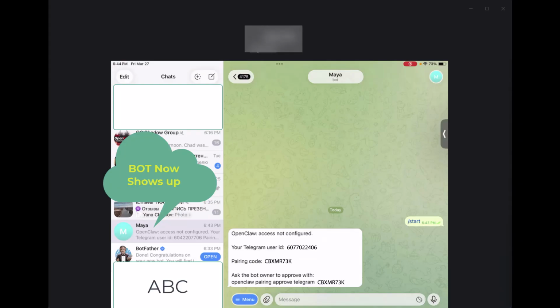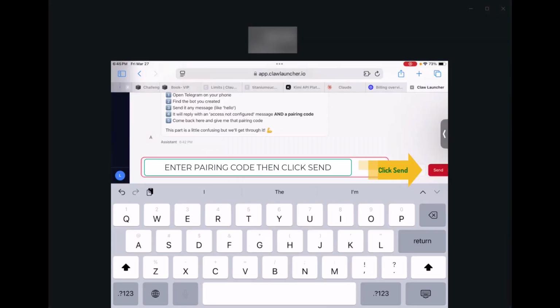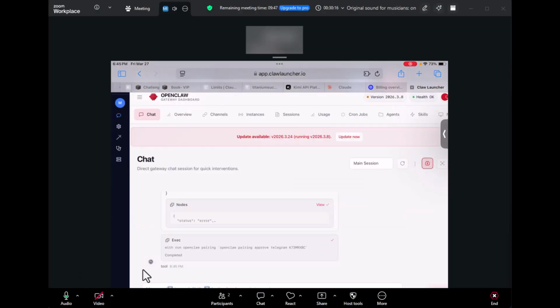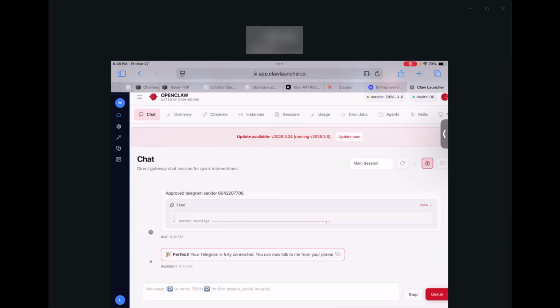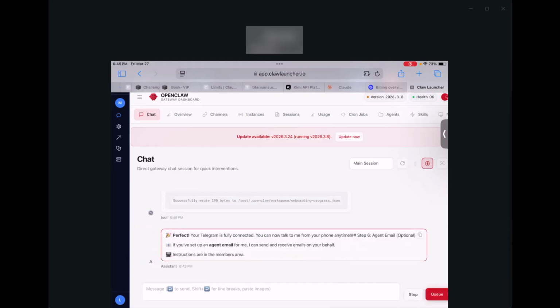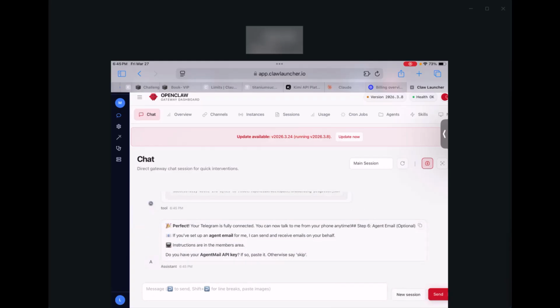Now that you got the pairing code, you copy that pairing code, and you then come back into Claw Launcher and enter that pairing code. And from here, you should be presented with a successful message, which should be coming up any second now. It says, perfect. Your Telegram bot is now connected, and you can talk to it via the OpenAI, which is called the Whisper